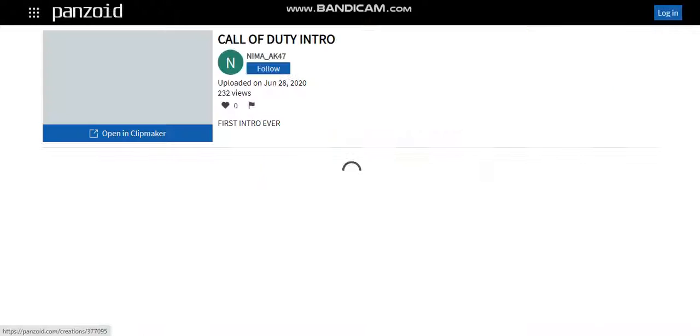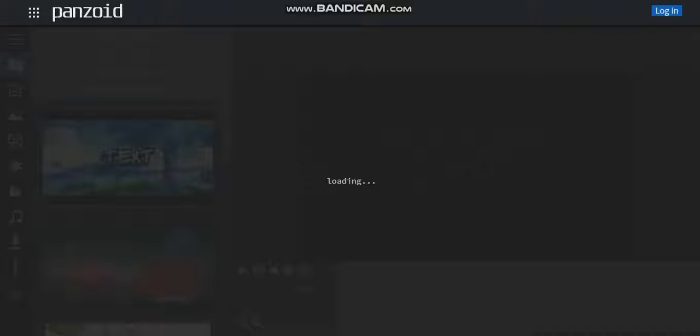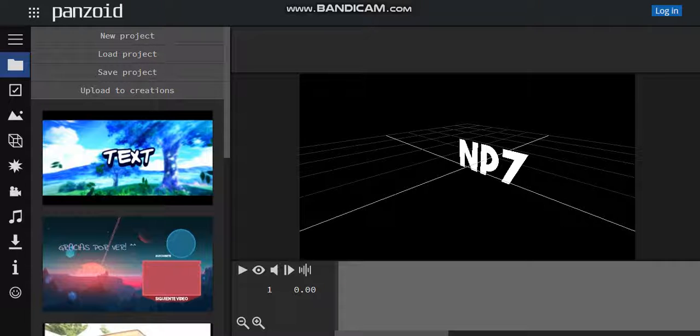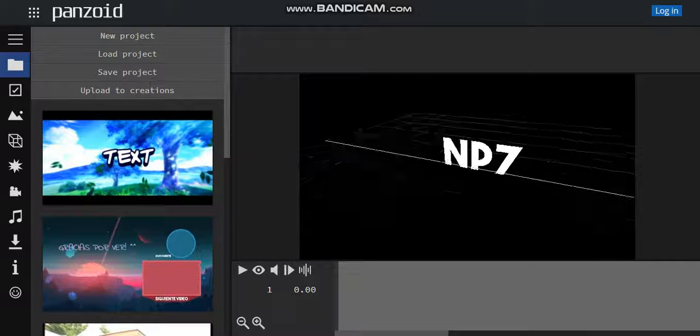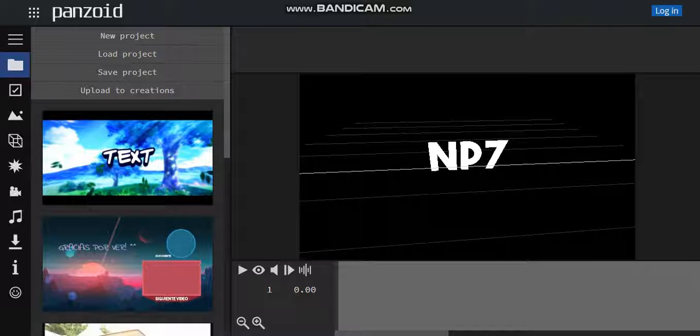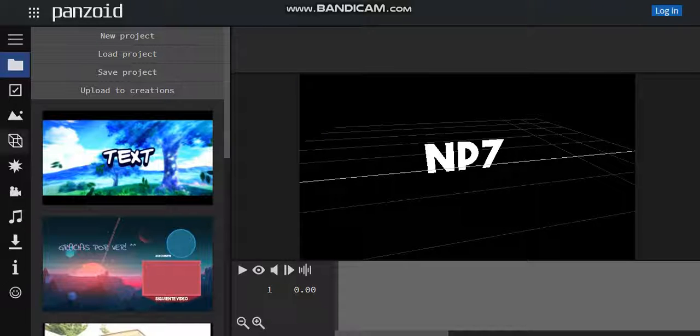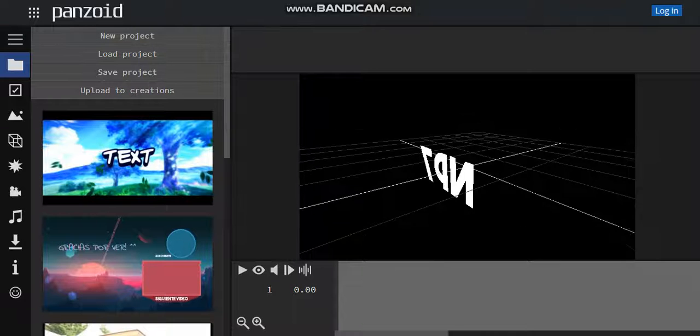So now once you find the template that you want, you can just click on it and then open it in Clip Maker. Now let's just wait for it to load. And now as you can see, it just shows the text, and sometimes it can have objects, or what's it called. Anyway, to change the text into saying your name,